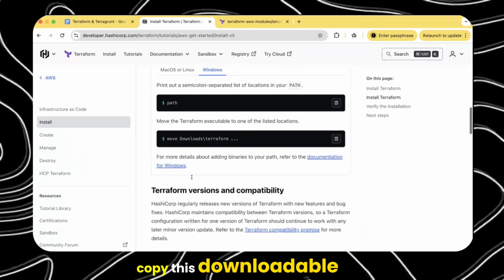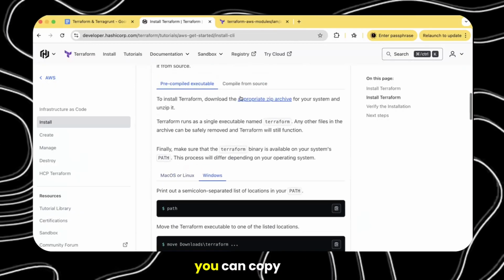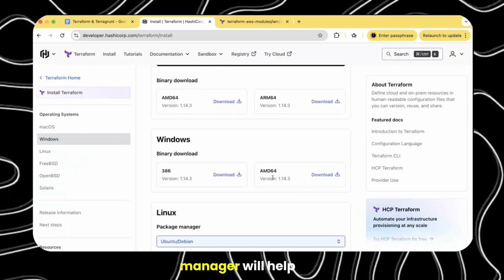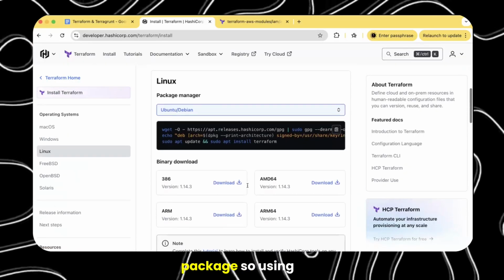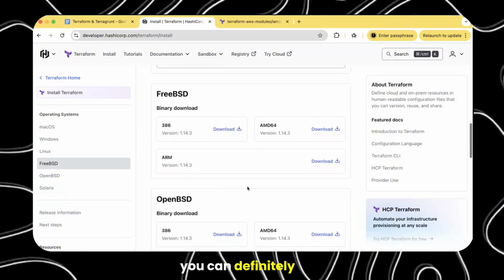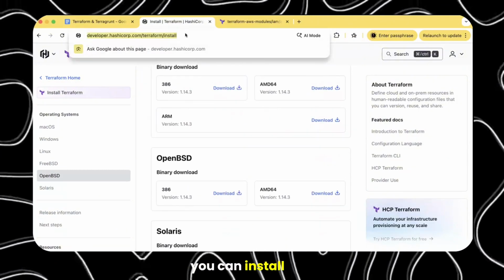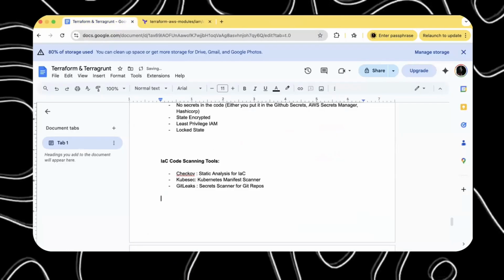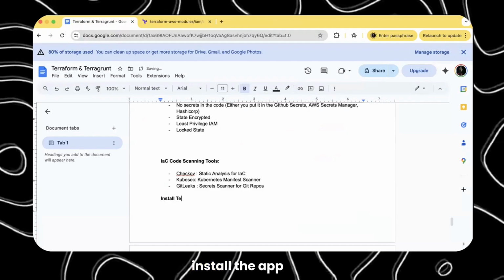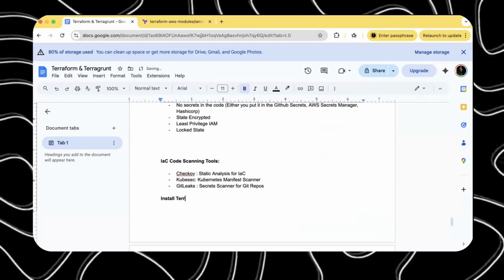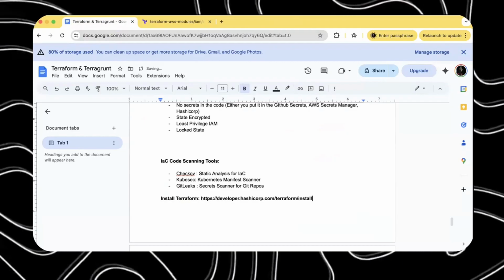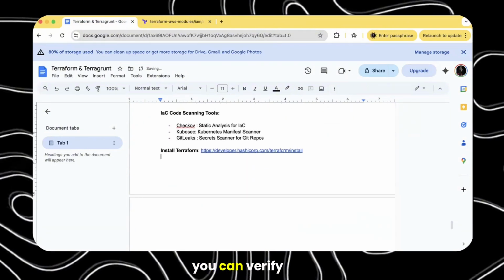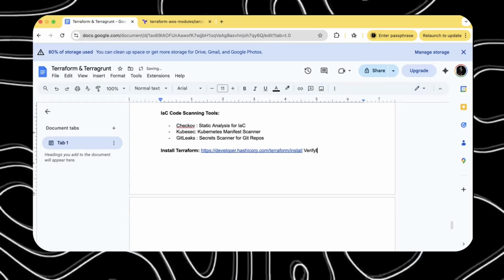copy these downloadable links. From here you can copy the appropriate zip archive, and the package manager will help you download the package. So using this, you can download Terraform and install it.